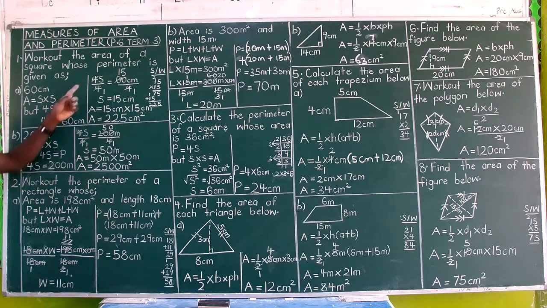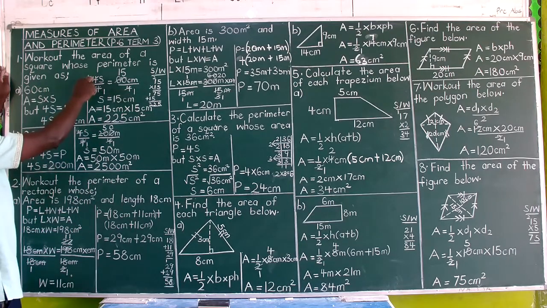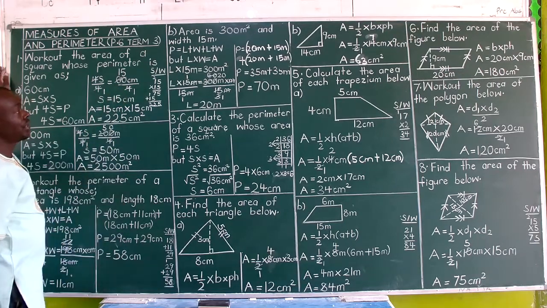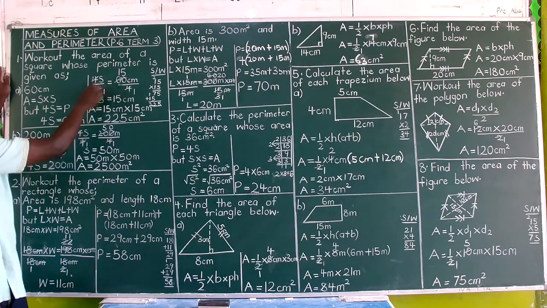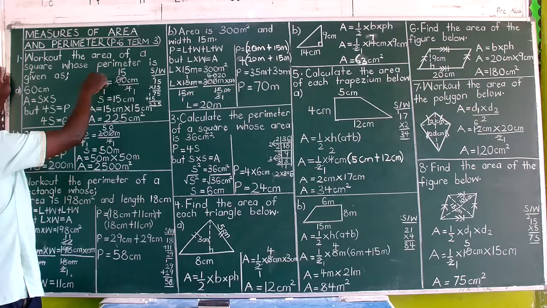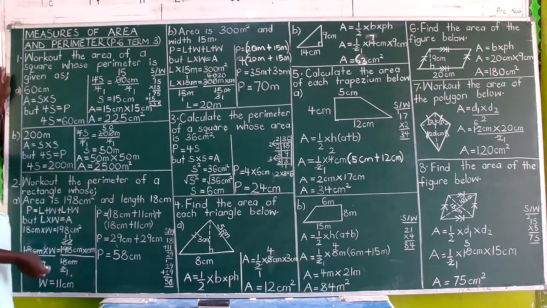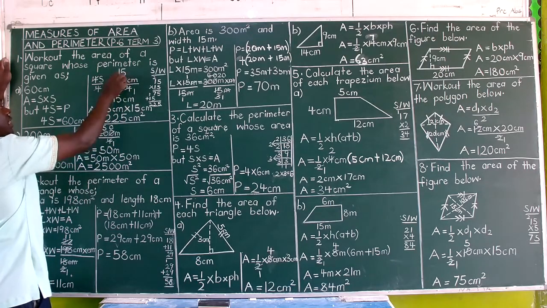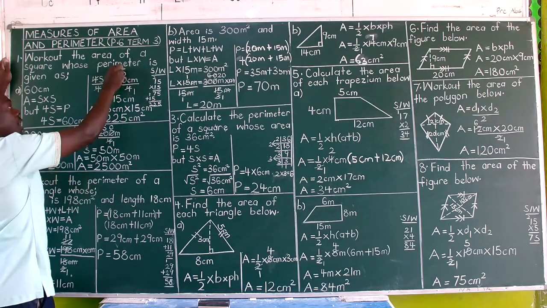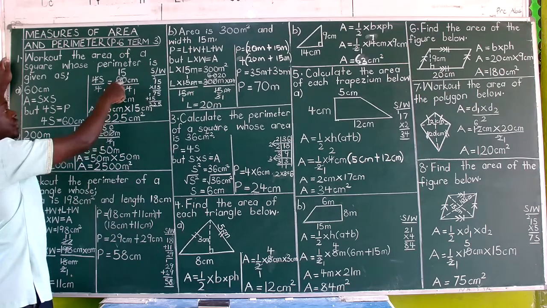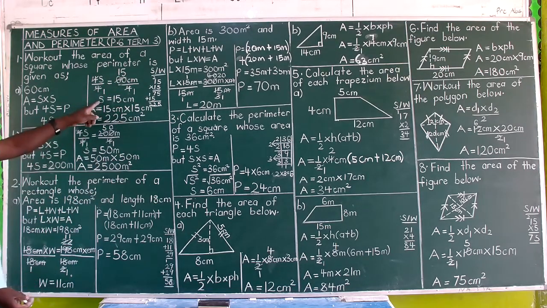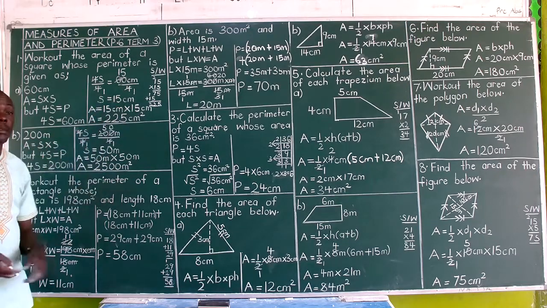And then I'm going to get a side by dividing either side by 4. So you say 4s divided by 4 equals 60 centimeters divided by 4. You cancel by 4 once. 4s divided by 4, you get s. S means the side. And now we divide 60 by 4. 4 by 4 once. 6 alone by 4 is 1, remainder 2. Then 20 divided by 4, you get 5. And the centimeters remain. So each side of the square measures 15 centimeters.